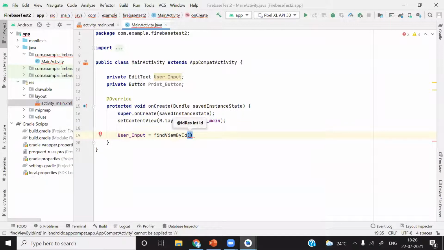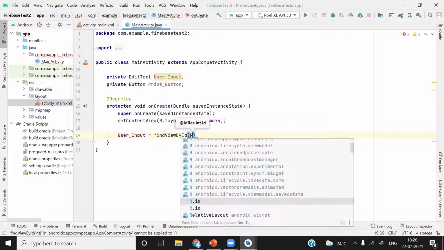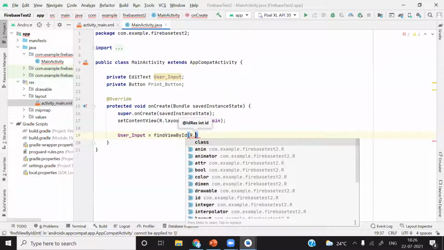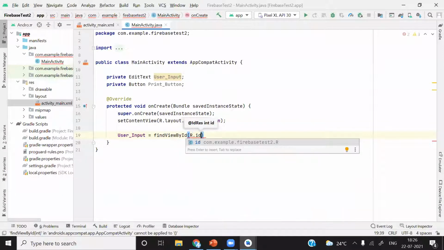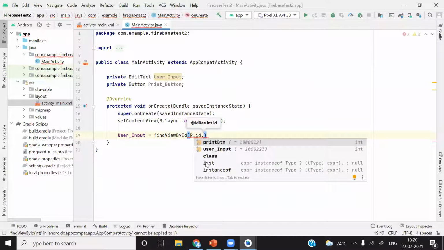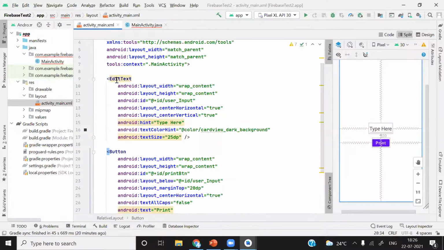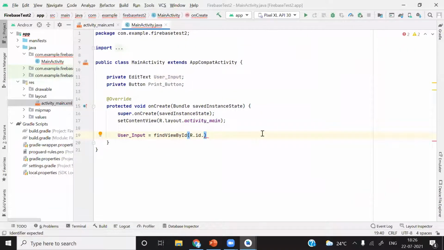After that, give the argument as capital R dot id dot. Now it will provide you some options. What we want to assign this edit text to is this component. So what is the id? This user input. So I'll simply type that. Okay, you can see the option is also available, hit enter. And after that, give semicolon. Do not forget to give semicolon.